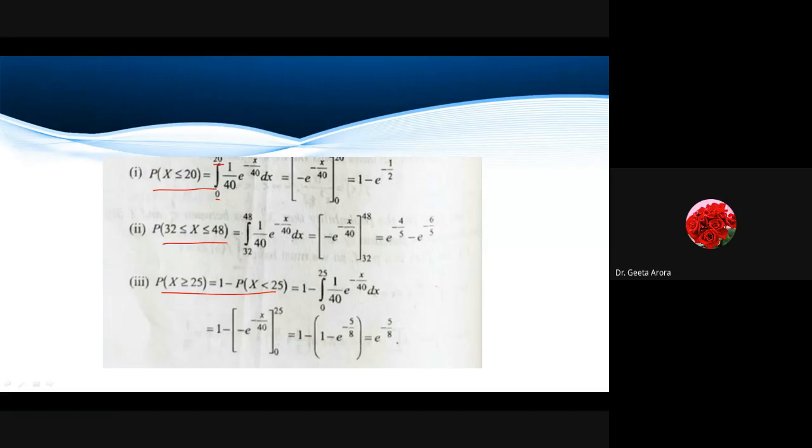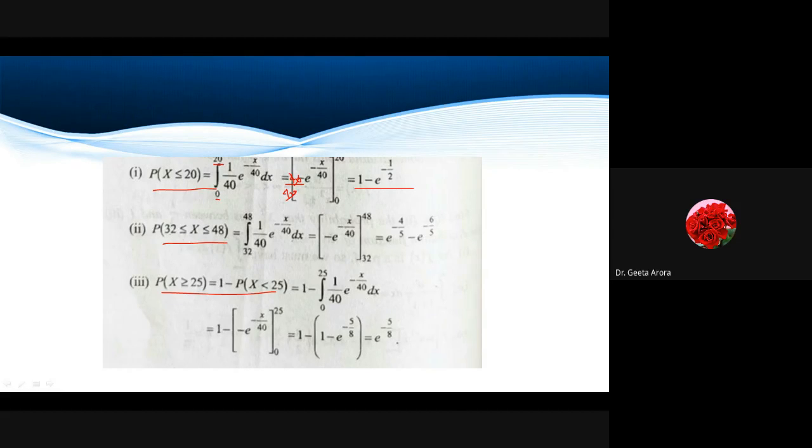So, here if we take the integral, I will get 1 by 40 outside. Here we have 1 by 40. And if I integrate it, I will get minus of 1 by 40 inverse. So it will be a negative sign with 40 here. So 40 will cancel out 40 and I will get a negative sign. Then if I integrate from 0 to 20, it will give me minus e raised to power minus 20 by 40. That gives me e raised to power minus half. And for 0, e raised to power 0 gives me 1. But since there is a negative sign outside, we are getting 1 minus e raised to power minus half. Correct?